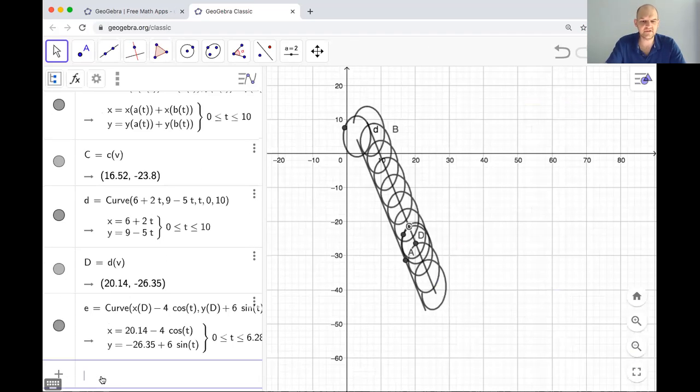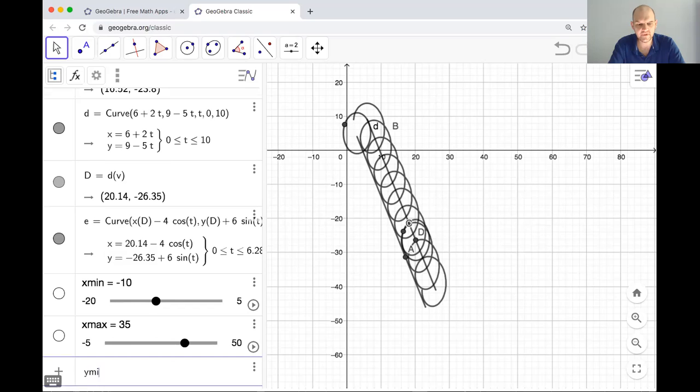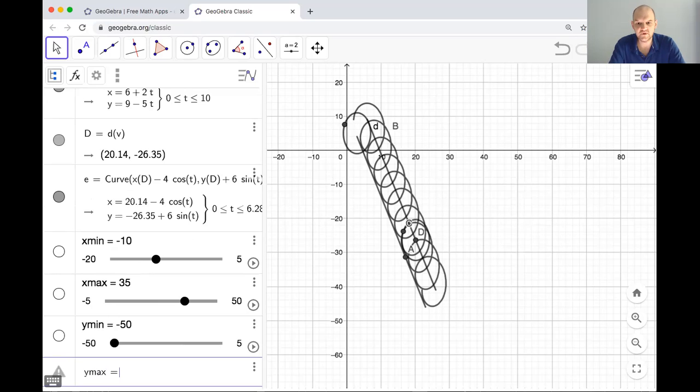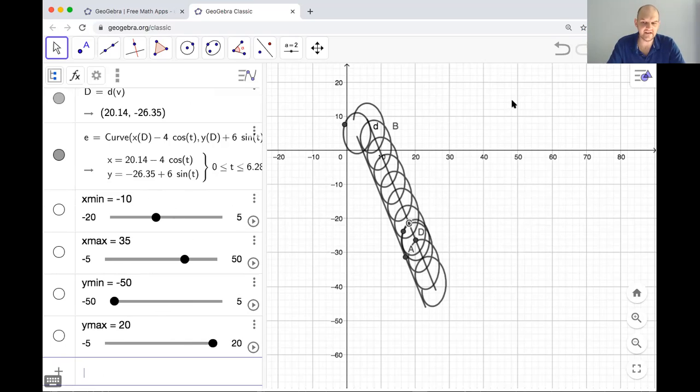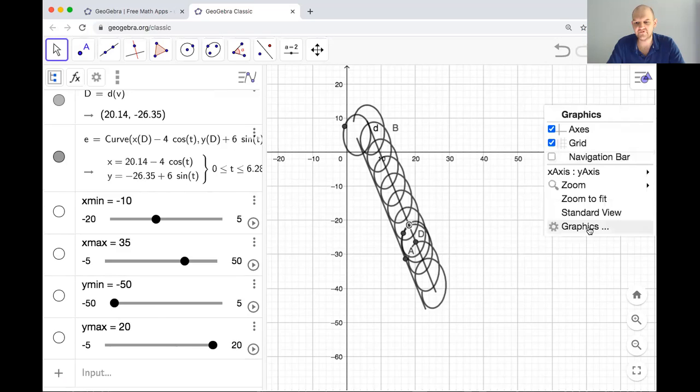I'm going to type xmin equals negative 10. I'm going to type xmax equals 35. Ymin, I'm going to make negative 50. And Ymax, I'm going to make 20, I guess. Okay, so I did that, and now what I'm going to do is two-finger click, go to graphics,